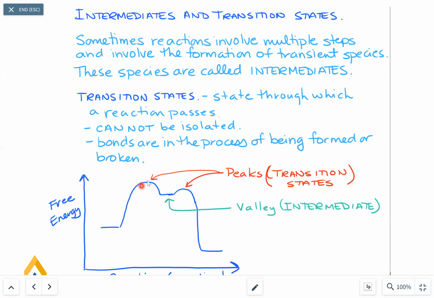So the key point is that a peak or a transition state can't be isolated, but you can sort of figure out what it is based upon the intermediate, which sometimes can be isolated. So it's at these points where the bonds are being broken and formed. So you can have half a bond, like one bond's breaking while one bond's forming, that type of stuff. So this is where the bond breaking and bond making is taking place. So I guess the key point is that a peak on an energy diagram is a transition state, a valley